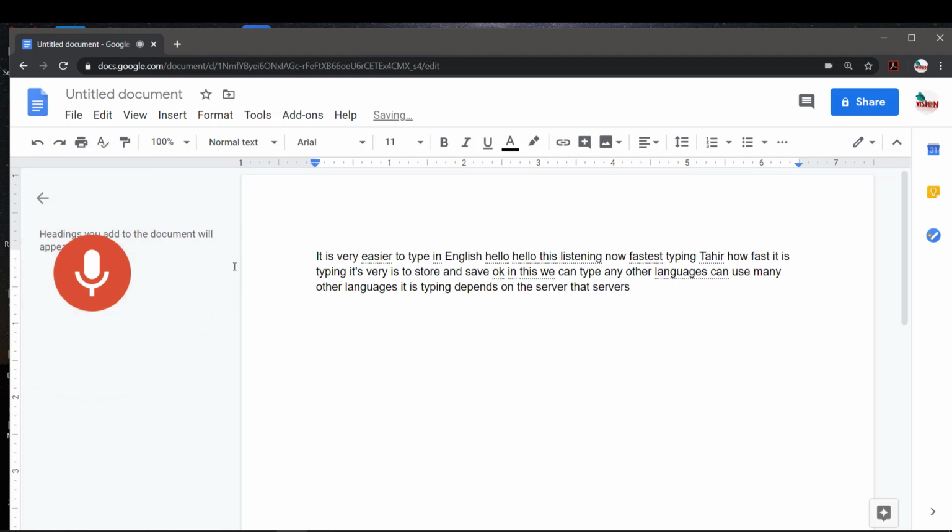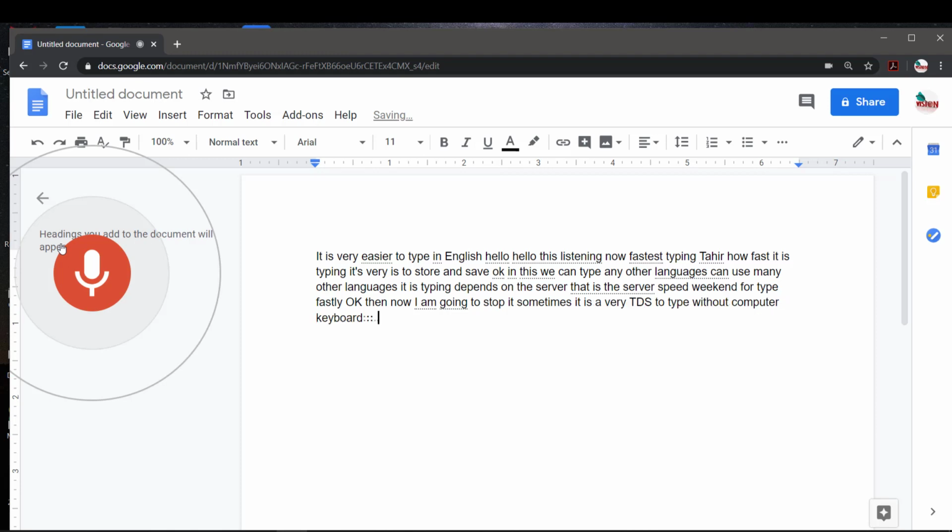Okay, now I'm going to stop it. Sometimes it is very tedious to type with a computer keyboard. Now it is typing very fast.